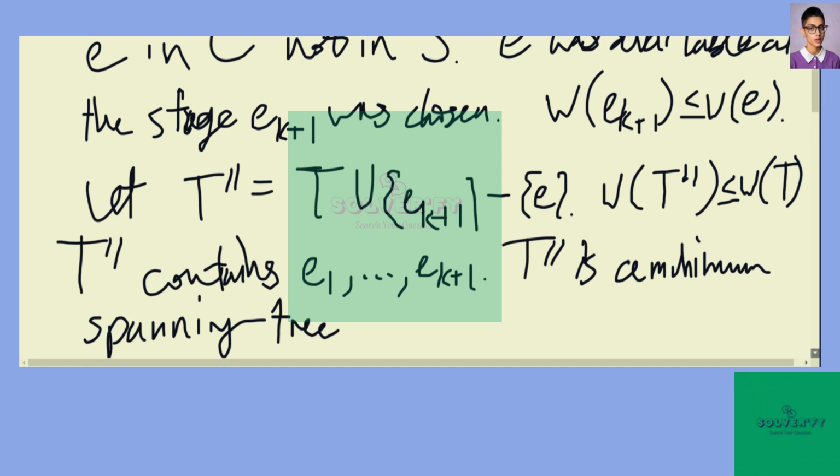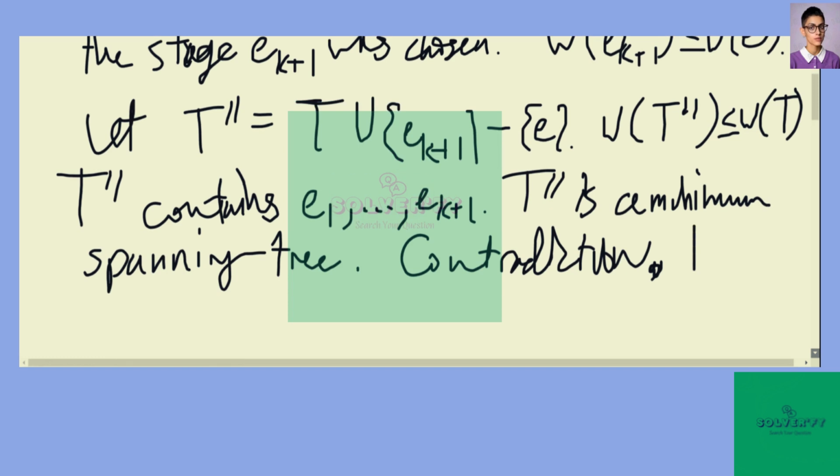But this is a contradiction, because we assumed that K was the largest possible value. And therefore it follows that K is equal to n minus 1,